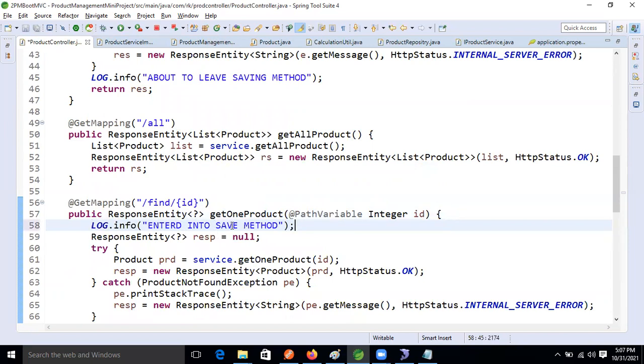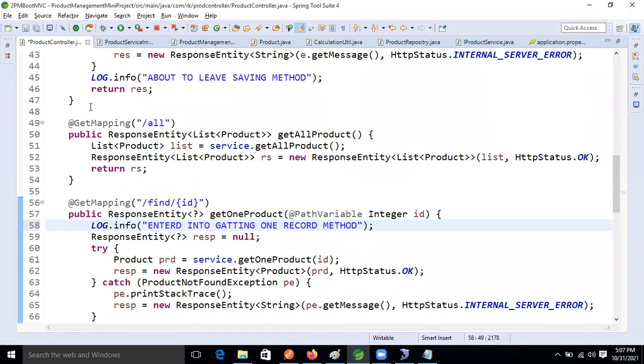So here: entered into the get one record method. We will get this message.